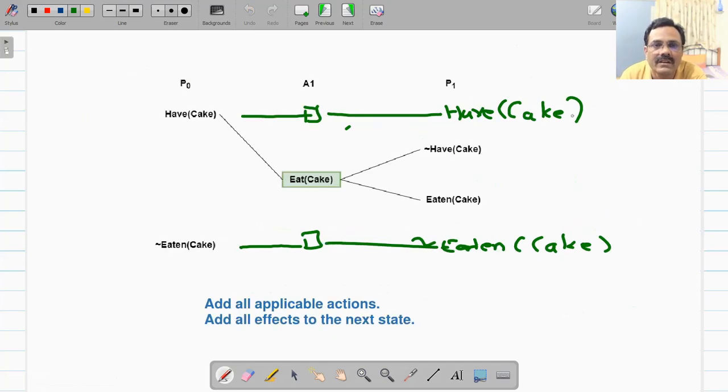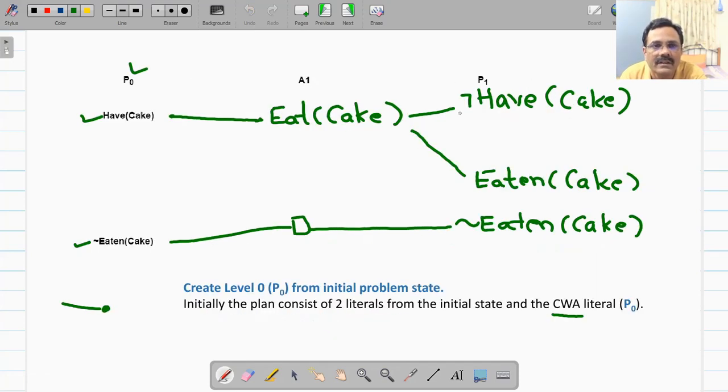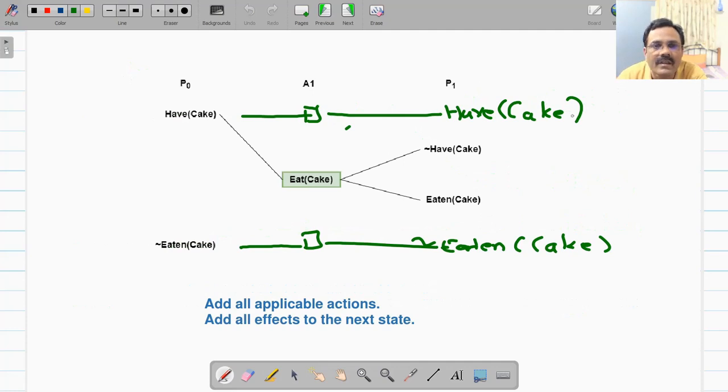So have cake again we have introduced along with this. So now we have have cake available in P1, not have cake, eaten cake and not eaten cake. So add all applicable actions that we have done and all effects to the next state.